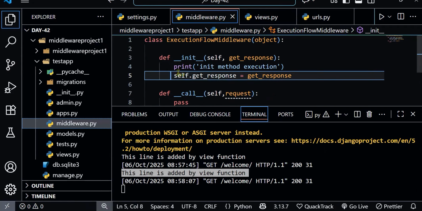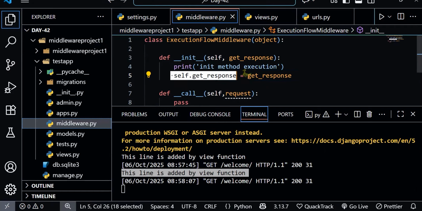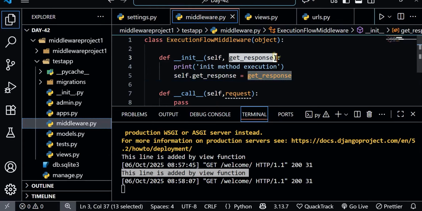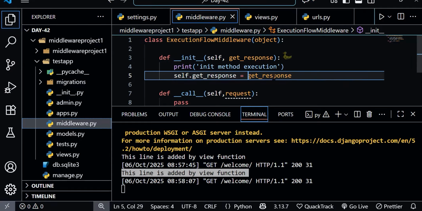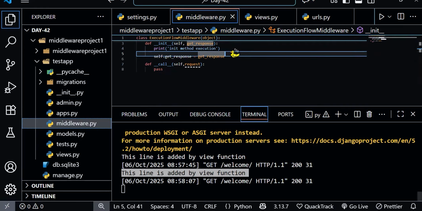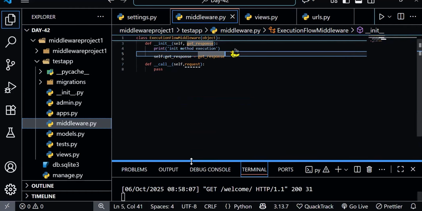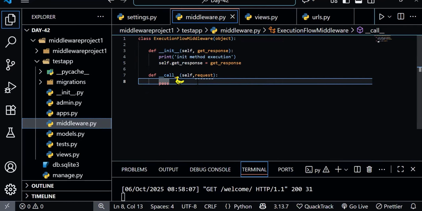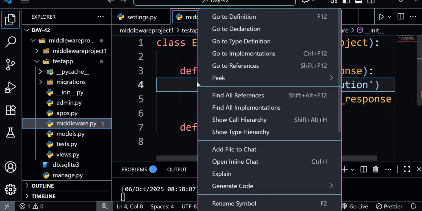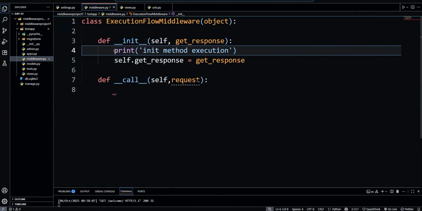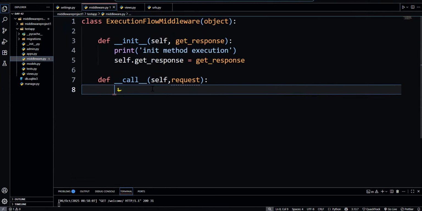Okay. So self.get_response belongs to this execution flow middleware class, and get_response is the response parameter. Okay. Now let's talk about this call method. So in the call method, okay,